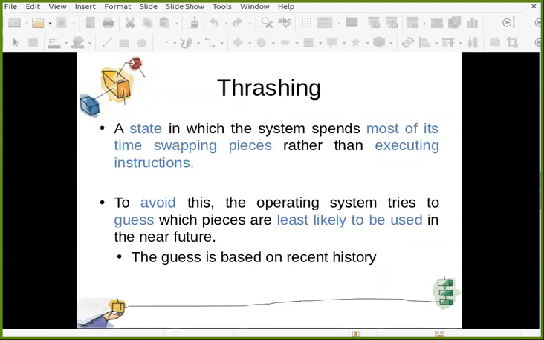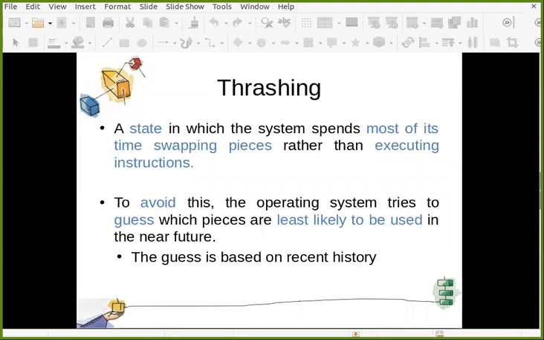And to avoid this, the operating system tries to guess which pieces are least likely to be used in the near future. So basically, whenever you need to swap out some portion of some process, OS needs to guess that the portion that I am going to swap out should not be required in the near future, so that I am not doing this swap in and swap out continuously. How can OS do this guesswork?